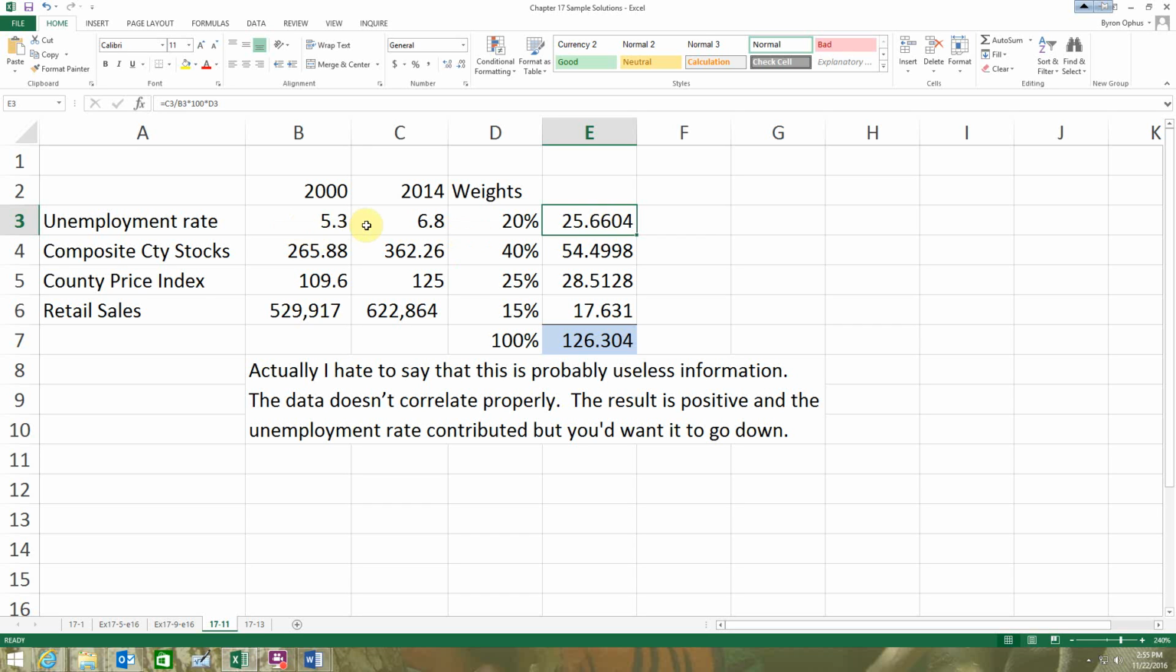Okay, the unemployment rate went up, but it's basically the same formula that we do, except we apply the weights at the end. So it's simply equal to our most recent divided by our base, times the 100, times the weight, or 20% that we have there. Once you get it built, then you can drag it on down,